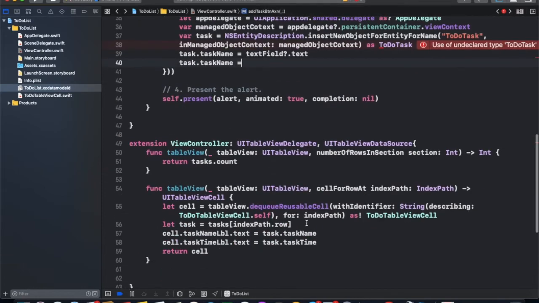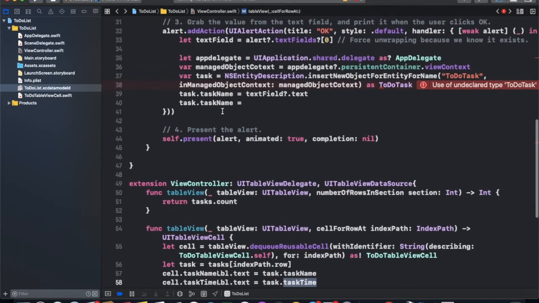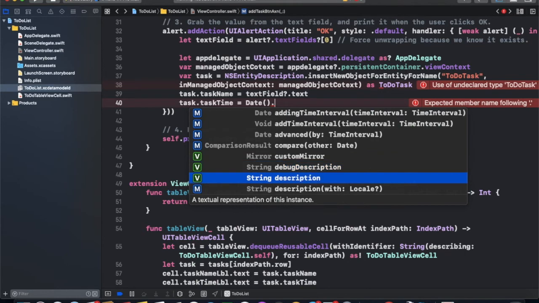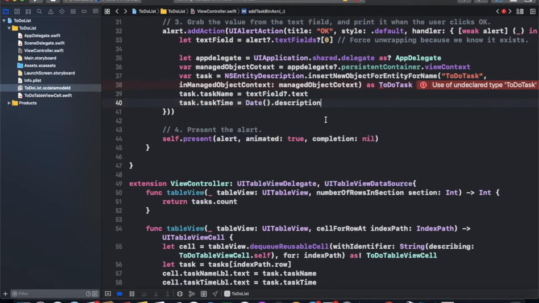Task dot task time equal to, we are saving current time, later dot description.